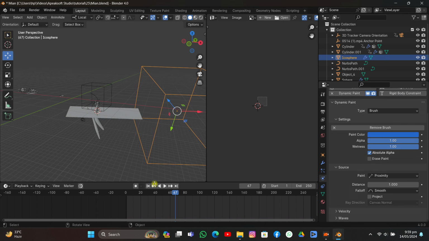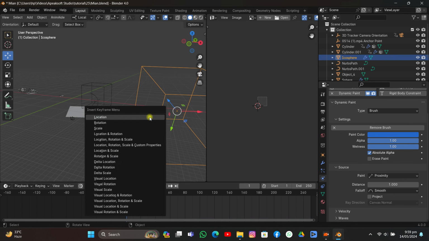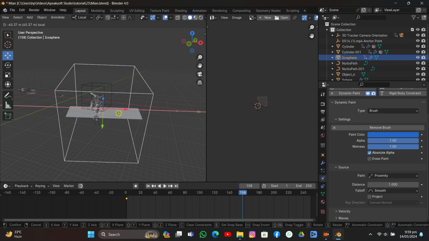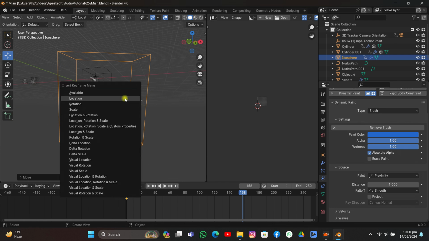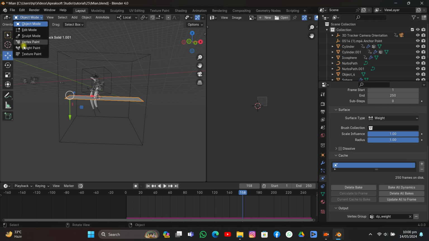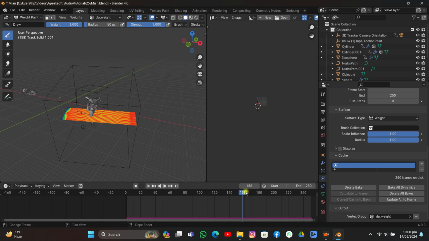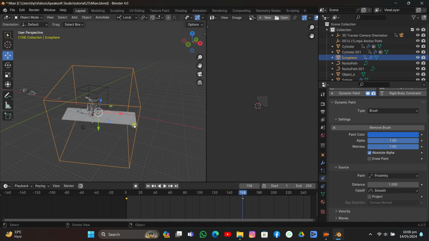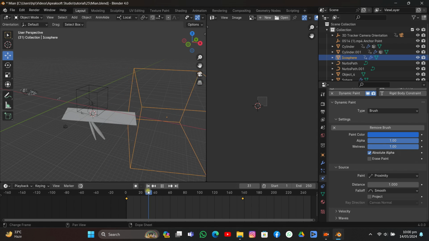I'm gonna go to the first frame. I'm gonna hit I, and for the location, I'm gonna go to something like 120 or something. I'm gonna move it to frame number on x-axis. I'm gonna hit I. So now it's time to bake the dynamic paint, and I'm gonna go to wet paint. As you can see, it's actually animated, and this is what we wanted. So I'm gonna go to object mode. Maybe I can just slightly move this plane towards x-axis, then again hit I,